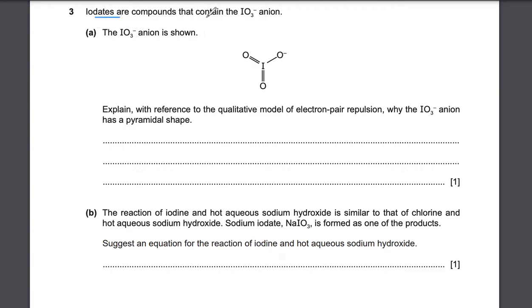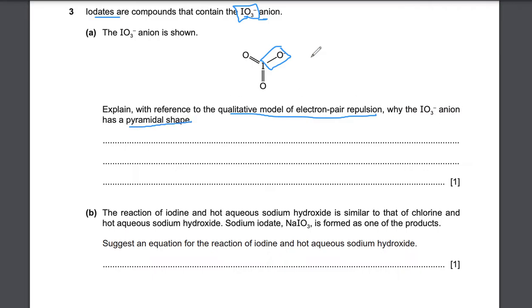Iodates are compounds that contain the IO3 minus ion, anion. So it is a negative ion, that's why it's an anion. If it had been positive, it would be a cation. Okay, so this is shown. So it has two double bonds with iodine and one negative ion. Alright. So explain with reference to the qualitative model of electron pair repulsion why the IO3 minus anion has